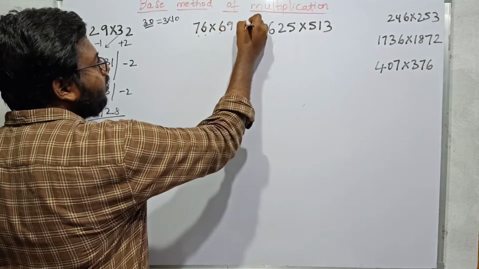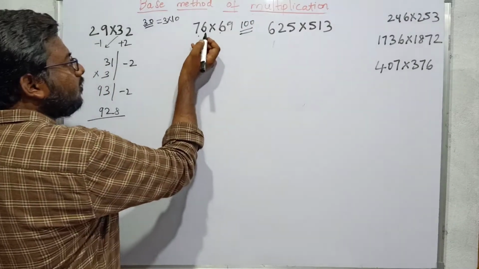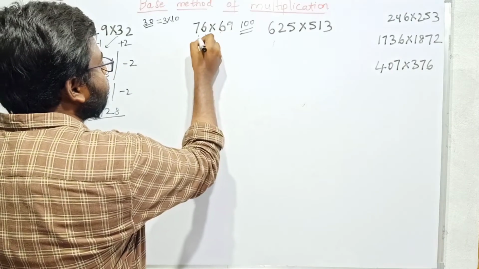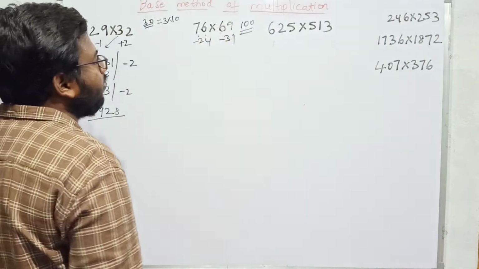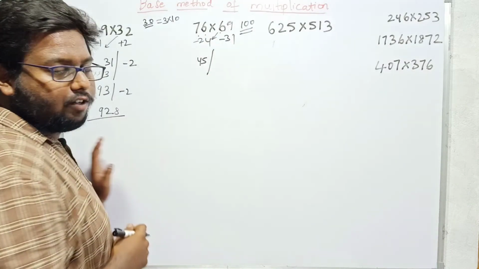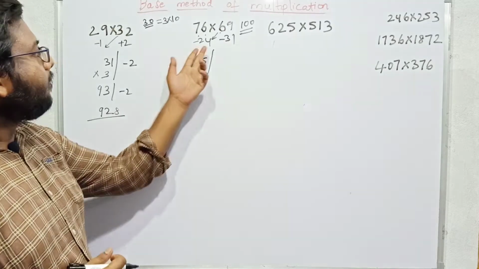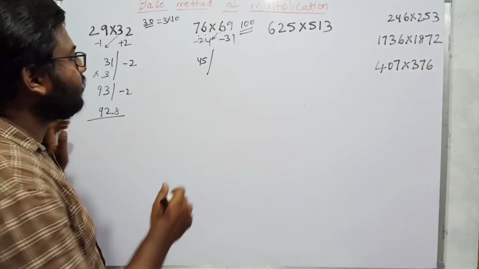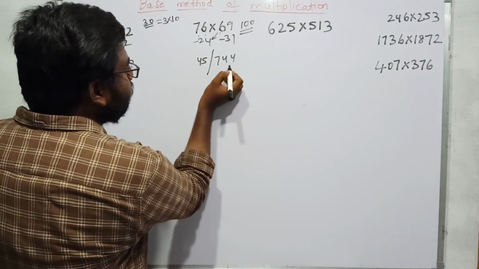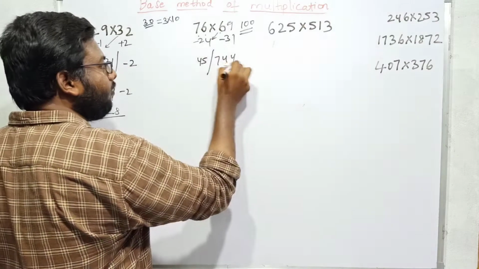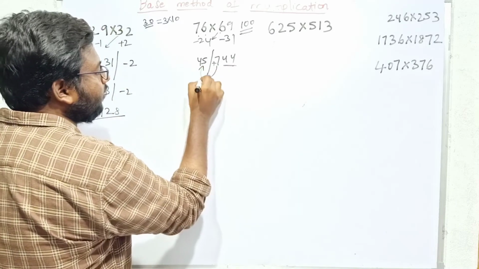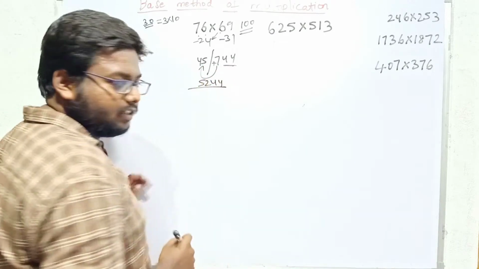This is 69 now. I want to calculate this on base 100. The base number is the same, decimal number 100, because this is 100 now. This is minus 24 gap, this is minus 31 gap. So if you operate on small numbers, this will be 45 / 24 into 31. I have to calculate 24 into 31. I can calculate in mind also, because 24 3s is 72 plus 2, 74 beside 4. If you watch my previous videos, then you will get clarity why I did like that. So I am calculating on base 100, so I need to permit only these two digits, and the 7 will be added here, and this will be 5254. Our result will be 5254.